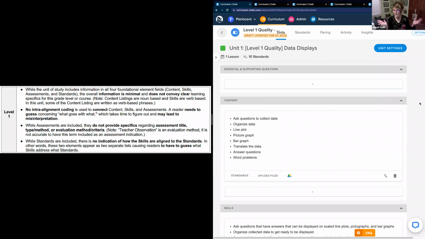We're going to do math. The unit is called data displays. That's what the unit's called. And I always think the unit is important because think of it as a library shelf, and on the library shelf, you've got your units in it. And that spine that says the title of what's there is very important. That should give us a good bit of information about what we're going to get inside.